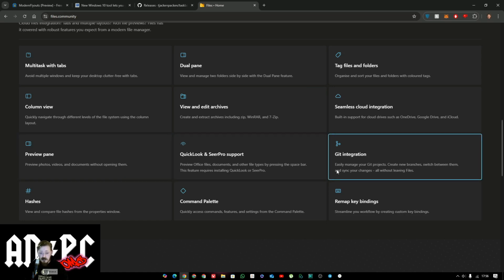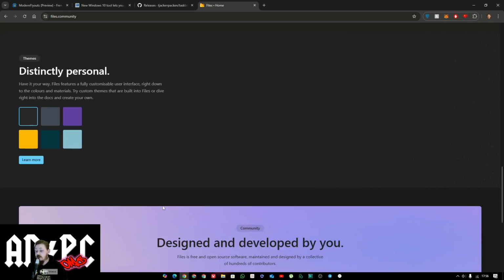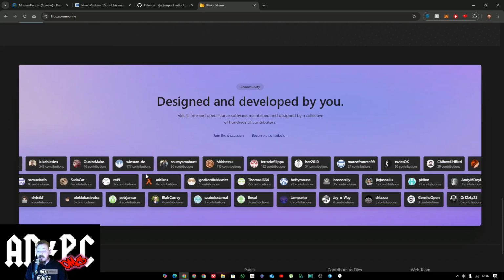Git integration. So if you are someone who has a lot of GitHub projects, you can integrate your GitHub account with it, it would appear. Remap your key bindings, command palette and hashes and so on. You've got themes, and